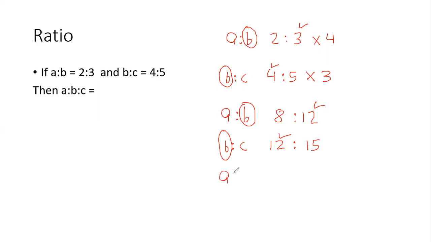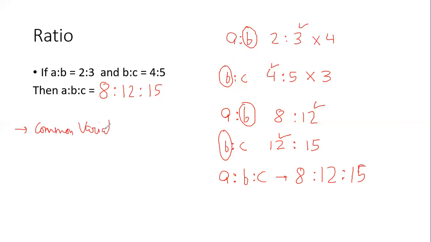Now after that, I can just compare the three ratios directly. So A will be 8, B is 12 and C is 15. So you see the process still remains the same, but make sure whatever variable is common, you make it equal and then you compare all three ratios together. So I hope now it's clear. So I'll just write down the points here. Identify the common variable.